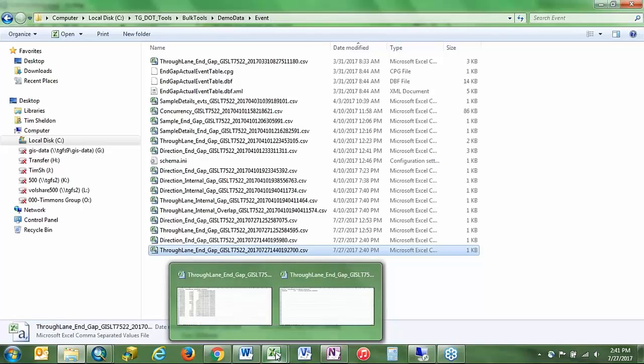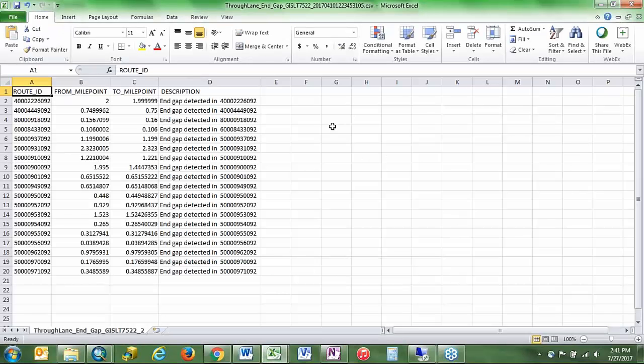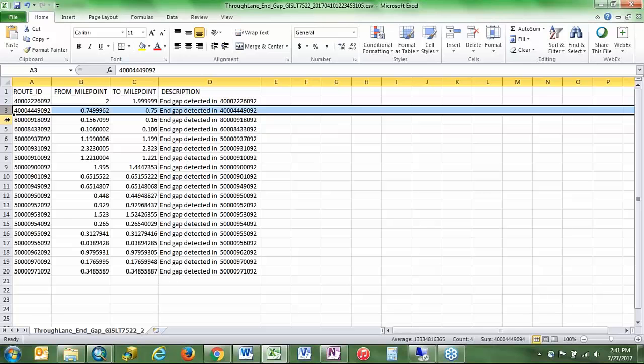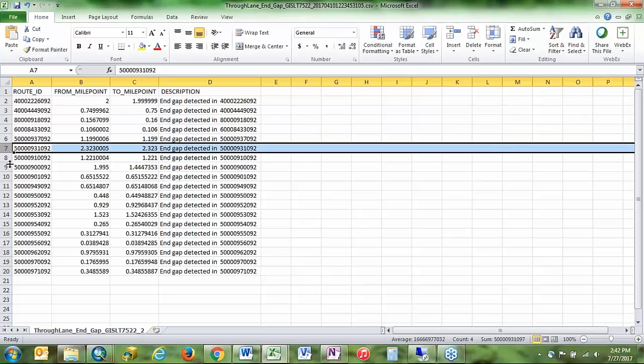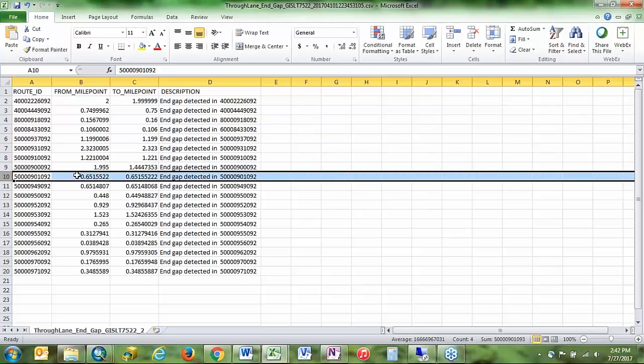So if we open a different one here, I can show you a little bit more. So this is kind of what you would see if you had selected a much higher number of calibration points. And this table will get as big as it needs to get to show you everything that it found. So you can draw this as an event layer in ArcGIS if you want to go in and review those. Like I said, if it's an internal gap, you would be able to visualize it. And use that as a pretty powerful analysis tool to look at the health of your event data.